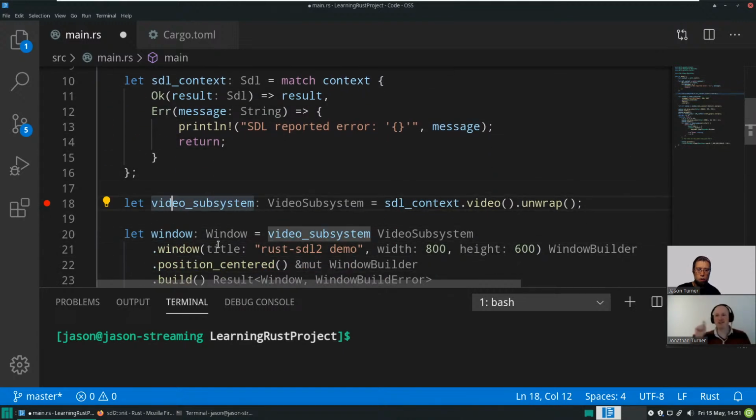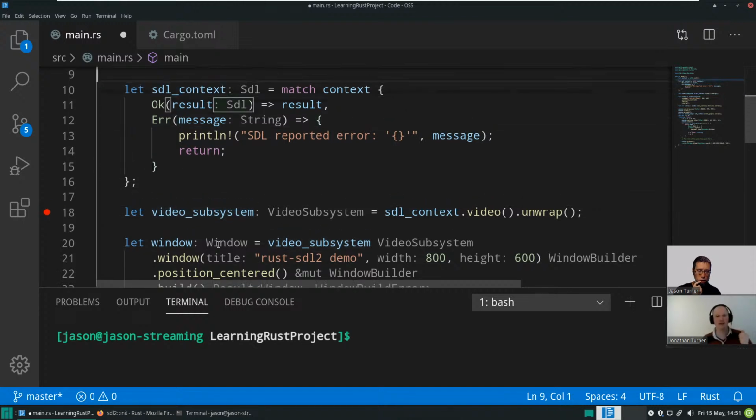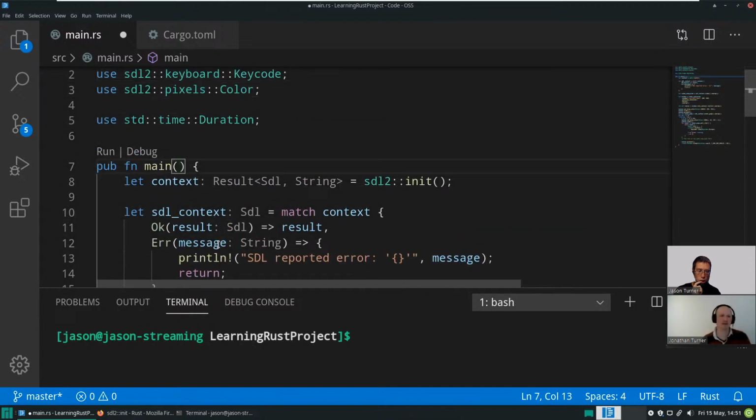Let's do that for the video subsystem and leave this one how it is, so we have examples of both cases. Does that sound good? In order for this to work in main, we have to change main's type. So we'll give main a